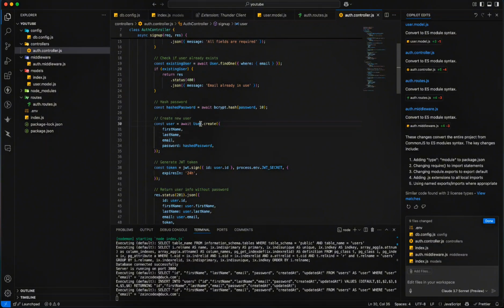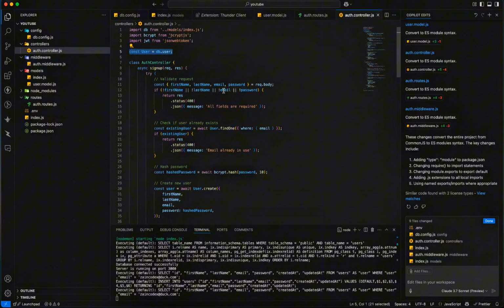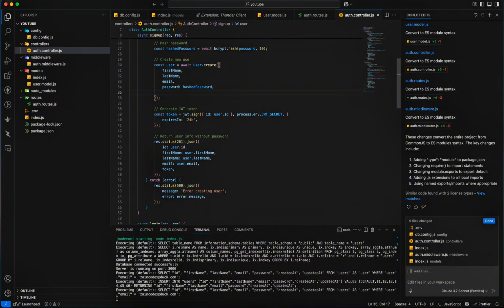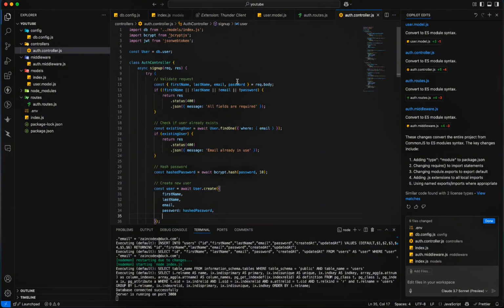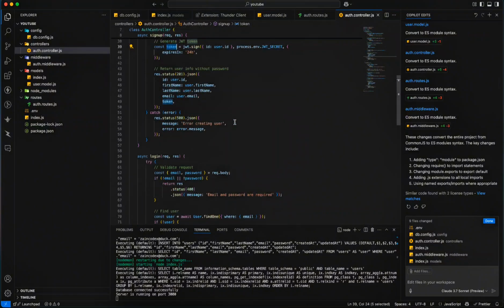The user: await user.create. The user is the model that we defined earlier, and we already initialized that in here. Okay, so user.create is a function of that specific PostgreSQL models. The first name, last name, email, and password. And if you want to put something like phone numbers and a lot of stuff, any data, you can just put it here, and you can ask for it from the users, and use the same code in here. Okay, so this is what we are generating, the token for the sign up as well,